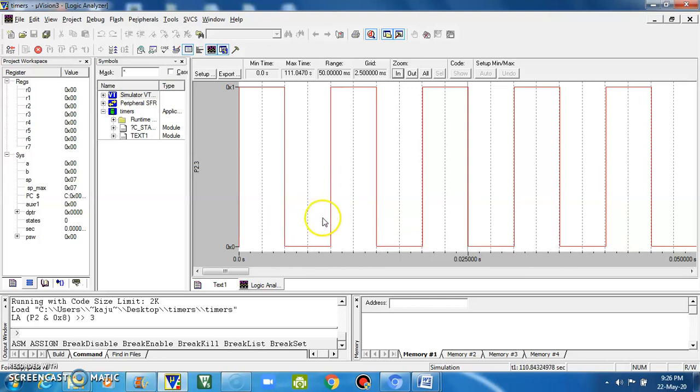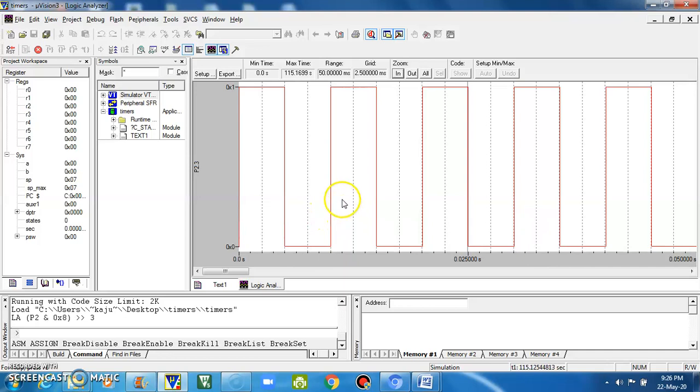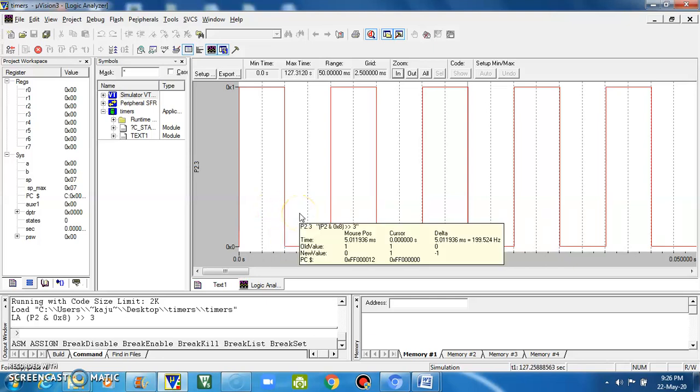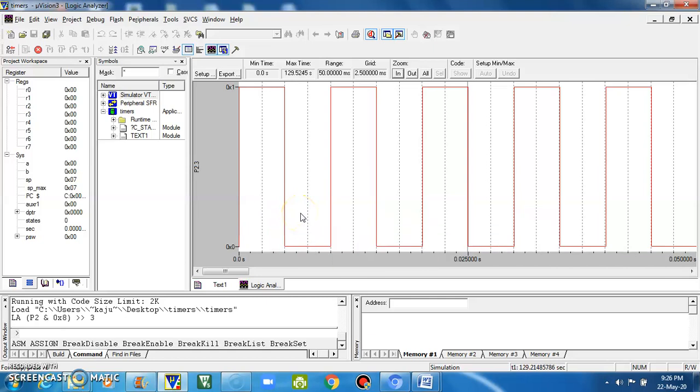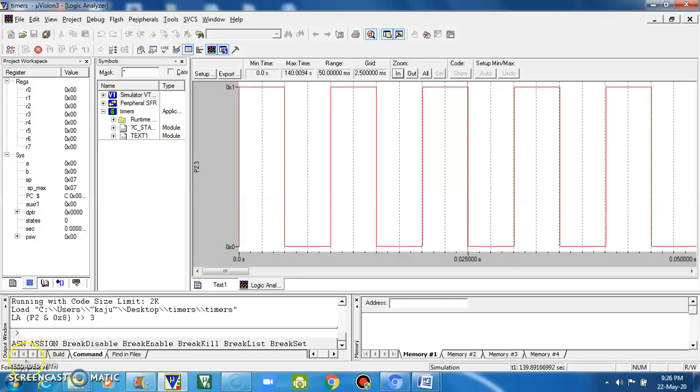Again, if you go to the third one here, it will show this is also 10 millisecond. That means this is one complete pulse. Just keep the cursor like this and it will show your reading. We generated logic 1 for 5 millisecond, and logic 0 is also 5 millisecond. This way you need to verify the results and generate the waveforms using the logic analyzer window. Clear? Similarly, we will check the second program also.